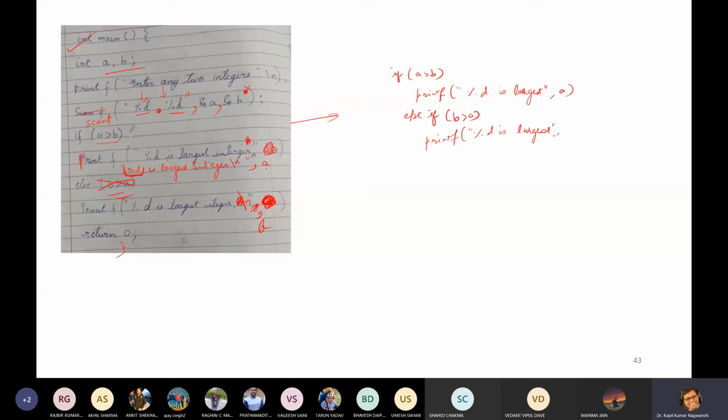I know some of you have a doubt, but I am showing what the outcome of this is. Else printf both numbers are equal. Okay, so this is our if block.